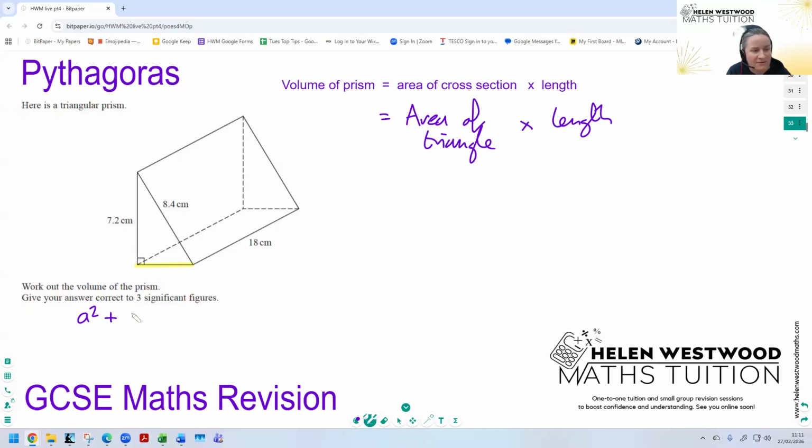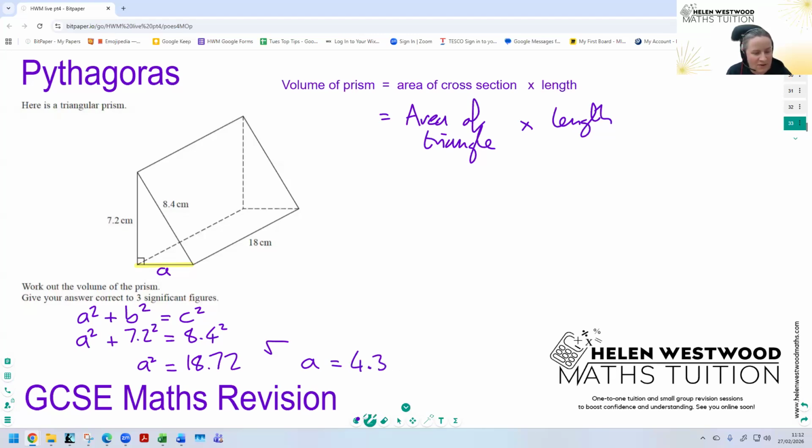So using our Pythagoras, a squared plus b squared equals c squared, we might label that as a. So a squared plus 7.2 squared is equal to 8.4 squared. So to work out what a squared is, I'm going to do 8.4 squared minus 7.2 squared, which gives us an answer of 18.72. But then remember to work out what a is. We want to work out the square root of that, which gives us 4.326661531. So it might be easy just to keep that as the square root of 18.72,